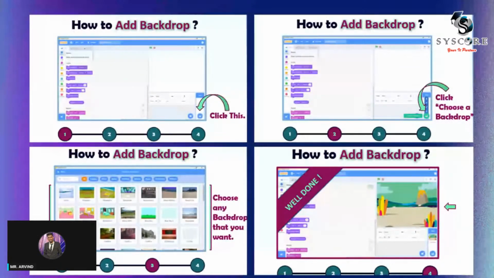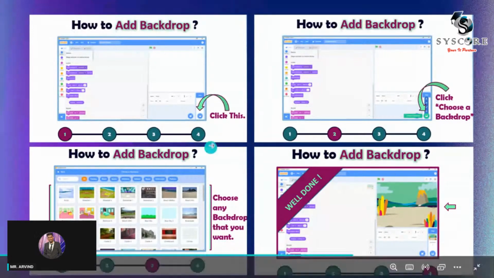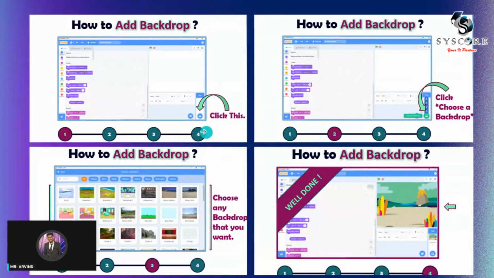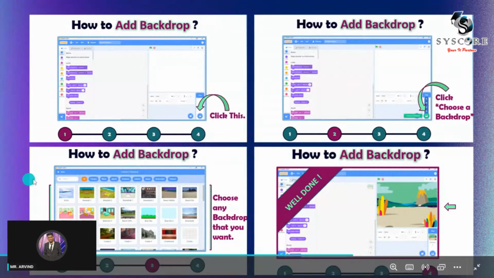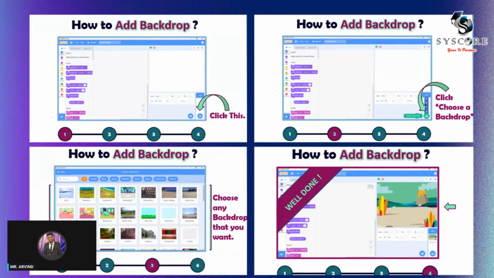Next, I want to guide you to add a backdrop. We have to do the same steps, but now we are going to choose the backdrop area. When you click on the backdrop icon, you have to choose a backdrop. Then it will move to the next page for you to choose beautiful backdrops for your projects. Students can choose any of the backdrops for their project. When the students click on the backdrop that they choose as the picture,